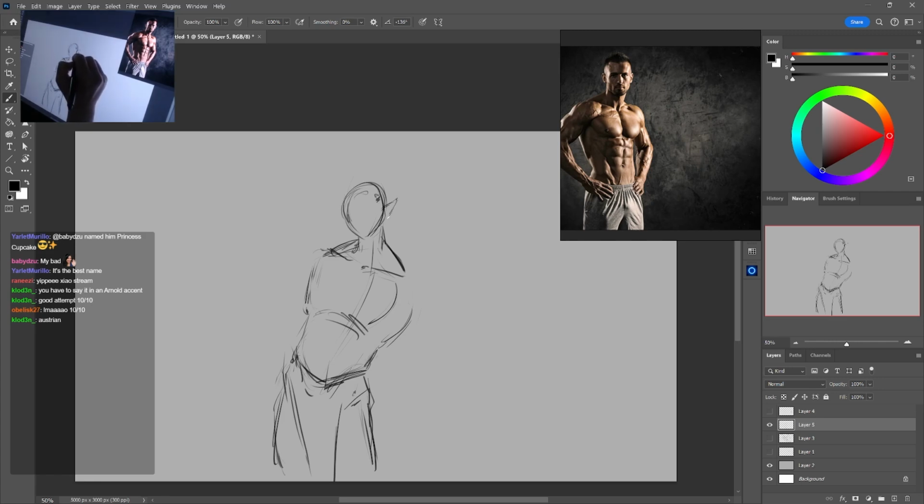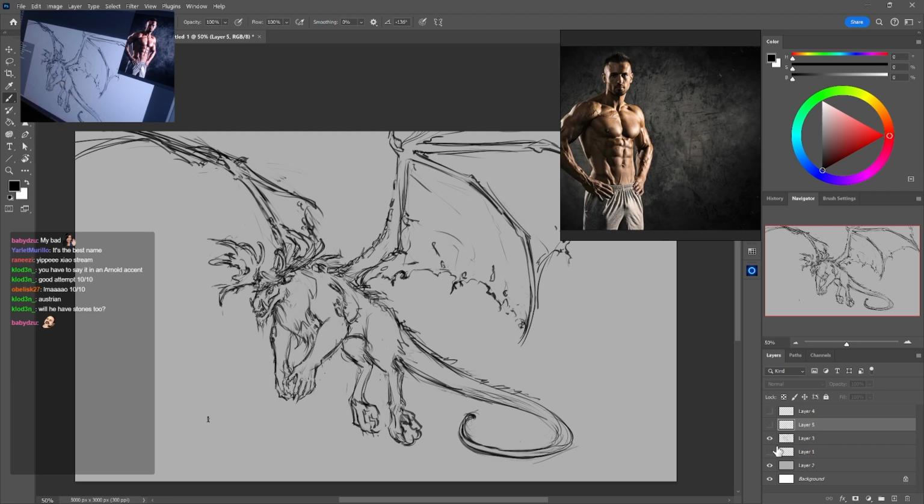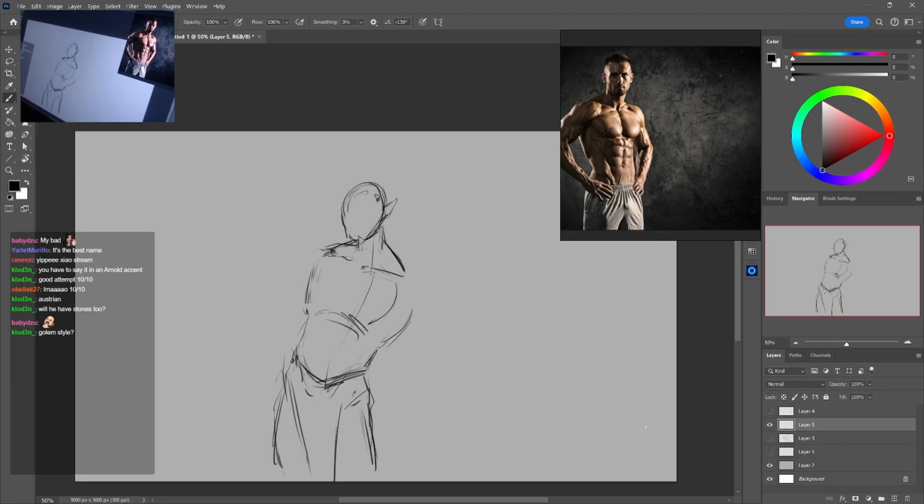I'm gonna give it 20 years. Why not? And I think he needs some facial hair, right? Because the creature version has this kind of mossy beard thing going on. Let's give him that.